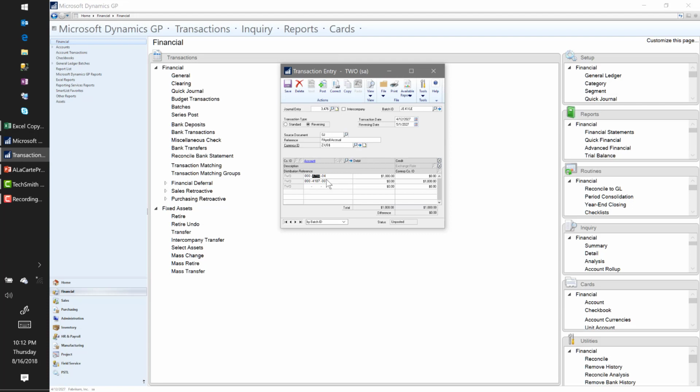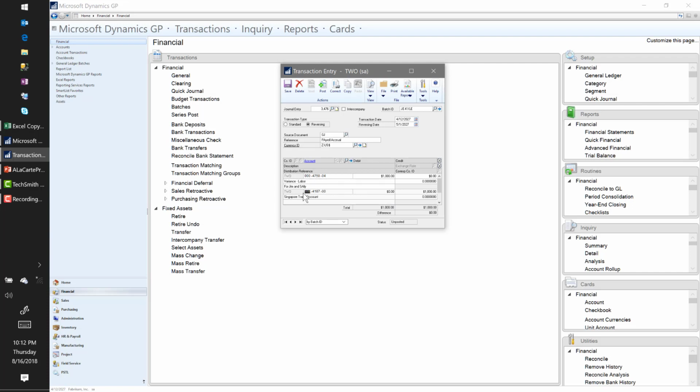So then I just pop in my distributions and then I'm ready to go. One thing I do want to touch on that I didn't touch on in the first journal entry: see this little double chevron down looking button? Go ahead and select that, and that will give you additional information as to what you're working with here. It'll show you the description of the account that you're entering to, and it also gives you this distribution reference field. So if I want to add additional details, I've already got that this is a payroll accrual, but if I want to say this is for Jim and Sally,